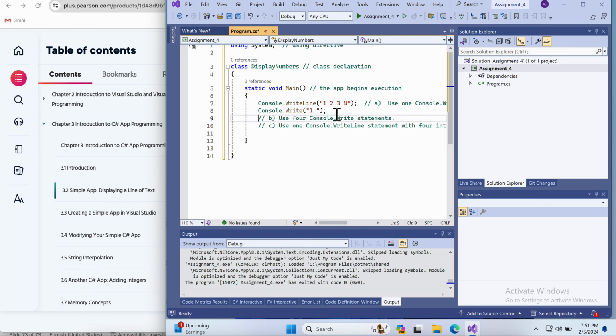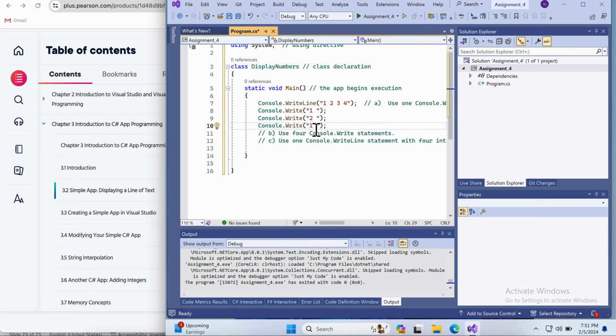So we're just going to go ahead and copy this and put number 2, and then copy it again and put number 3, and then copy it again and put number 4. Now let's go ahead and run this